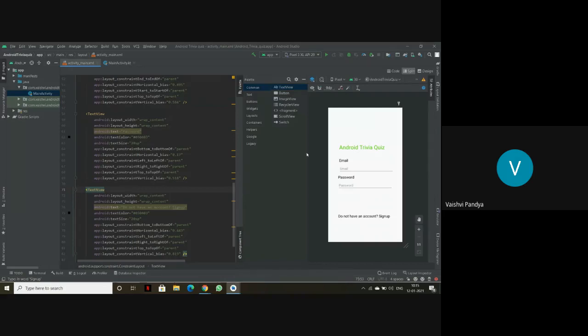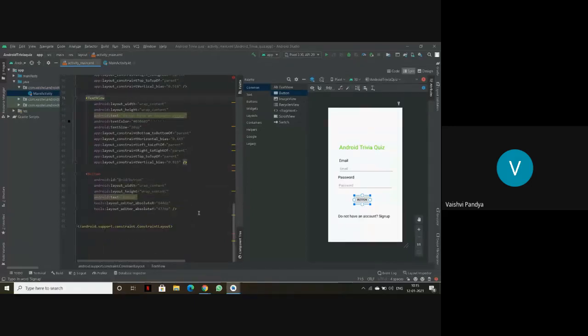Now the main thing that we are going to learn about is your button. So here we can use button. Let's drag the button option here. In the code section, we can see the code of the button is already here. So I'll just constrain the button first.